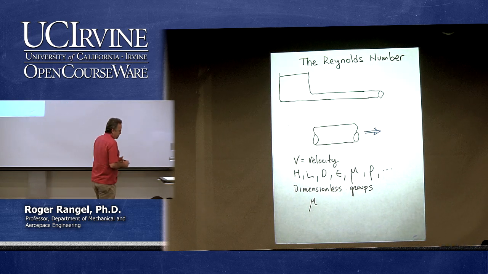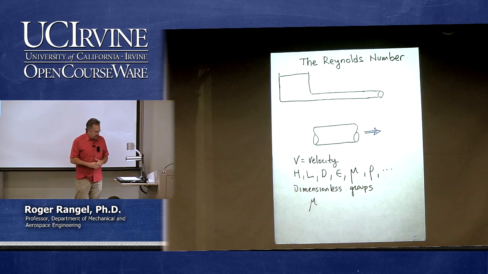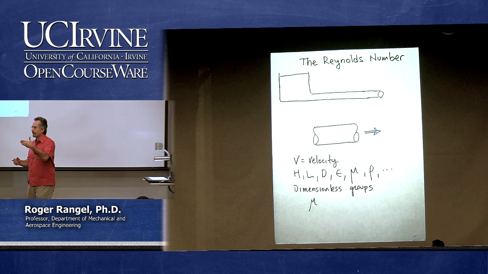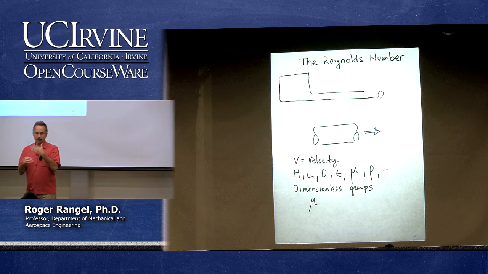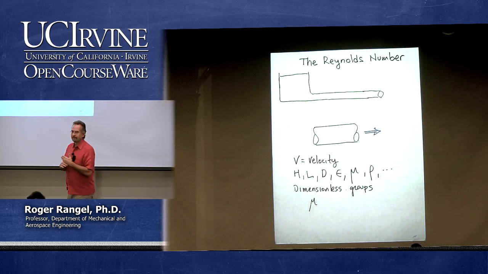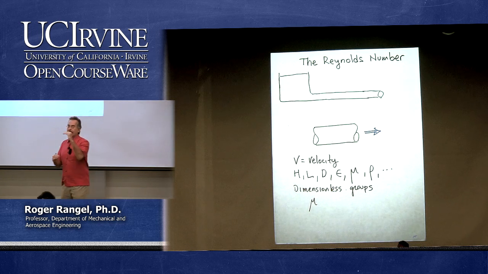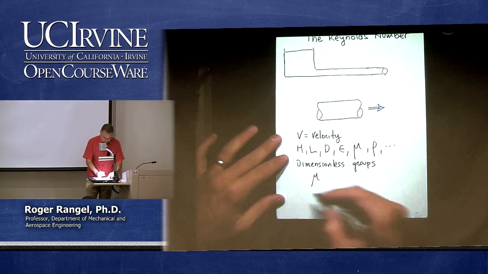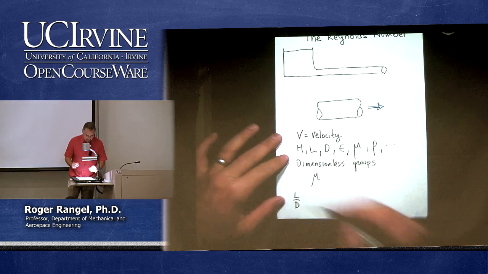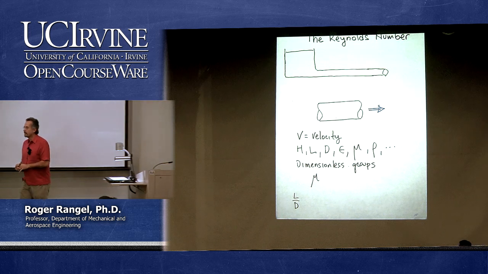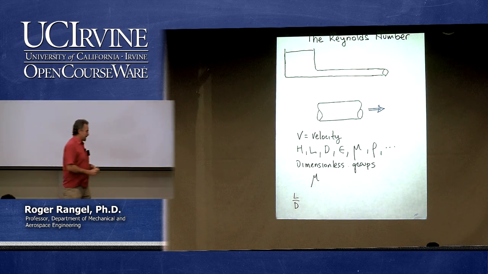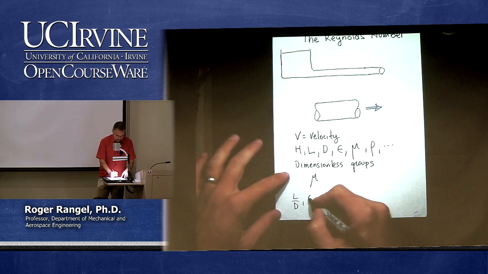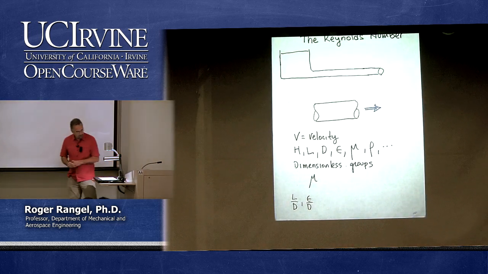Suppose that I don't ask you about viscosity, but I ask you about any of the other variables. Let's pick, for example, the length of the pipe. How could you make the length, what would you combine the length of the pipe with to make it dimensionless? For example, the diameter. If I take L over D, that's dimensionless. That's easy. Right? Same with epsilon, for example. I could say epsilon, make it dimensionless since it's a length also with the diameter, and so on.